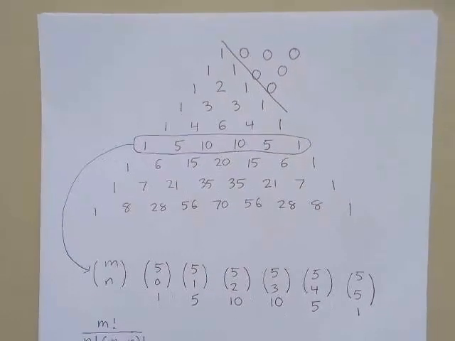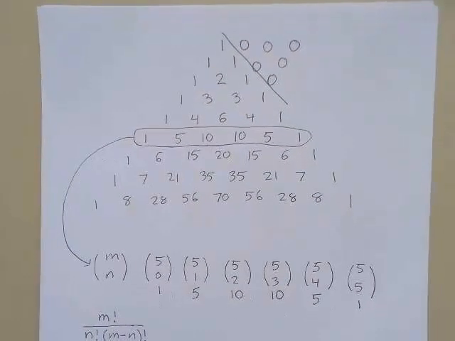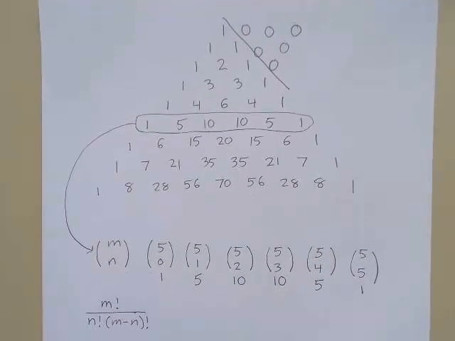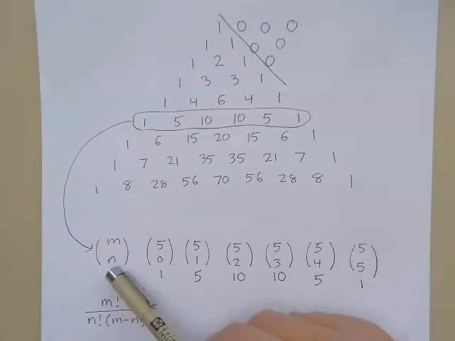Hello, today I would like to show you what I think is a very interesting geometric visualization of Pascal's triangle, or the binomial coefficients. I'm going to assume that you already know something about Pascal's triangle. You know that the numbers in Pascal's triangle represent all the possible combinations of selecting n objects out